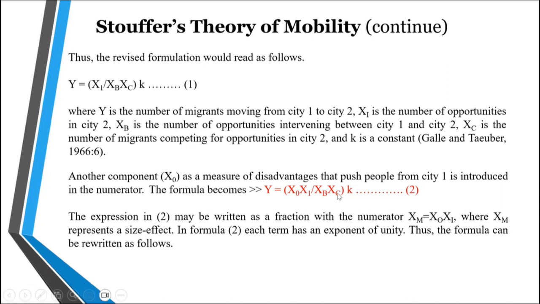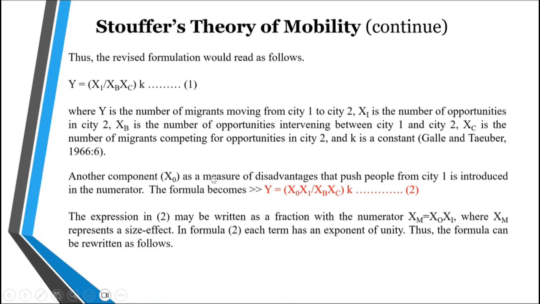I mean, the more people already move to Singapore, then you might think that it's not so suitable for you. Another one is the push factor. Maybe Kampar has a lot of things that you don't like, right? More and more things you don't like, maybe more pollution, more noise, will push you out further, or some bad memory happened in Kampar, and you don't want to stay at that place anymore. So the more of this X0, the higher the chances of migration.